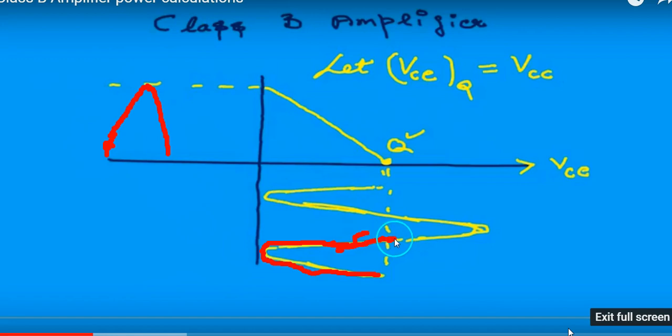When collector emitter voltage becomes more positive, because the Q point maximum voltage is VCC,